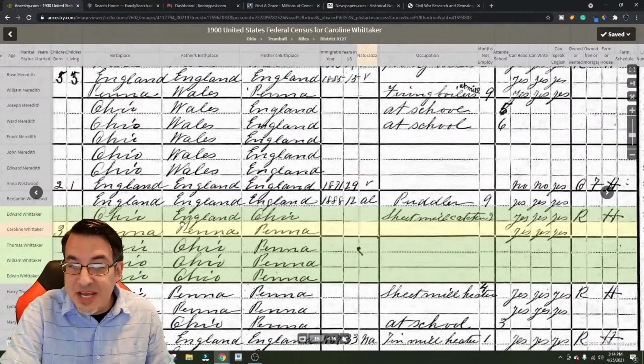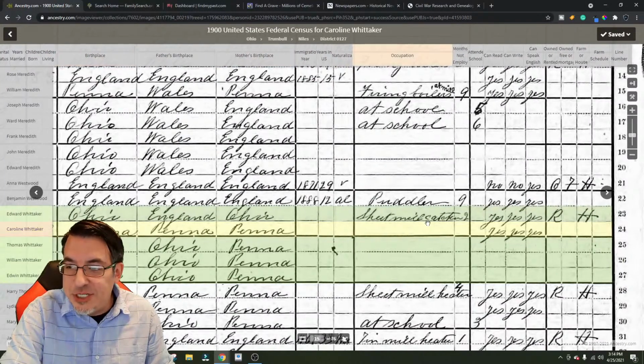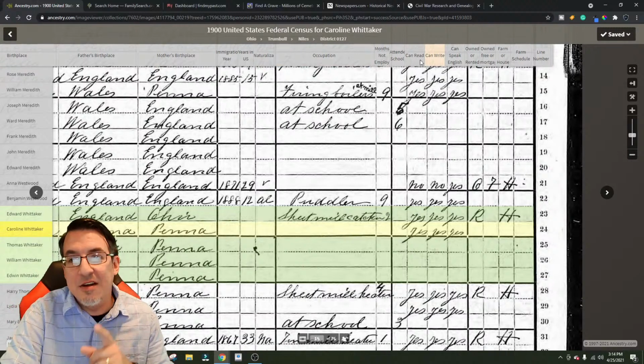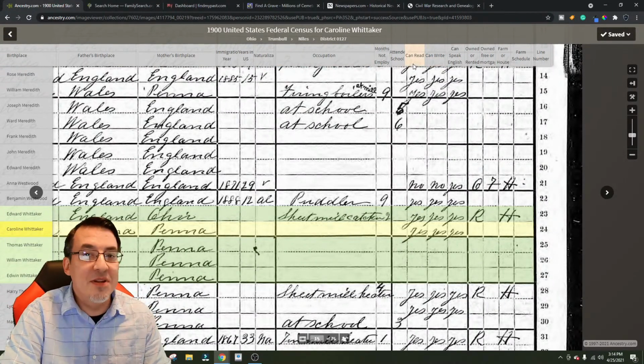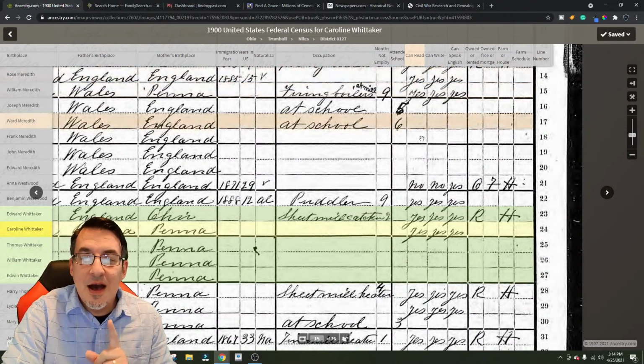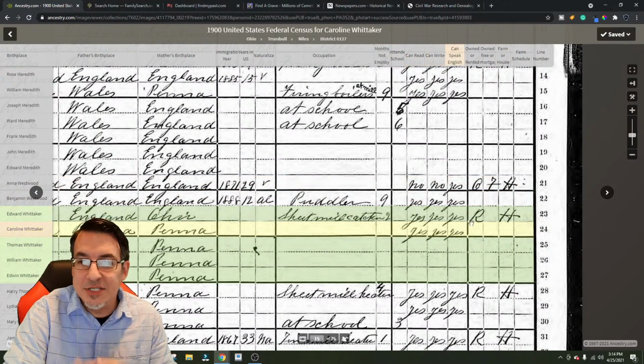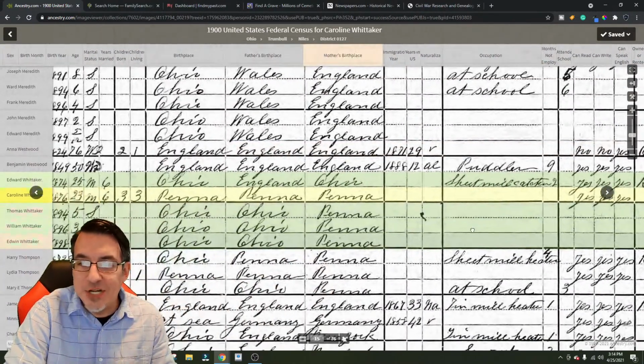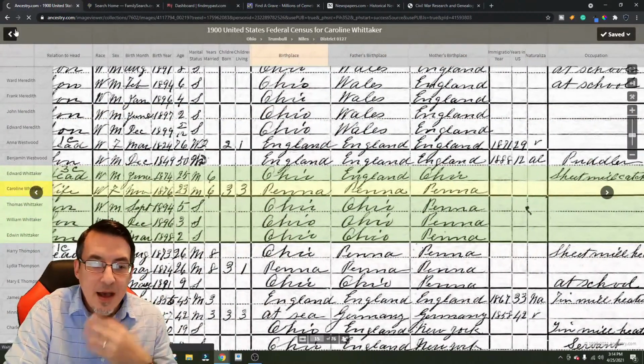So again, you can see here, Edward, my great-great-grandfather, he's a sheet mill catcher, is what he does. And this is an important thing here, too, because you're going to find this is pretty uncommon back in 1900. Edward and his wife, Caroline, can both read and write, and they speak English. They're renting their home, which, again, was very common, and it's a house, not a farm. That's all information I can get from the census. So now,